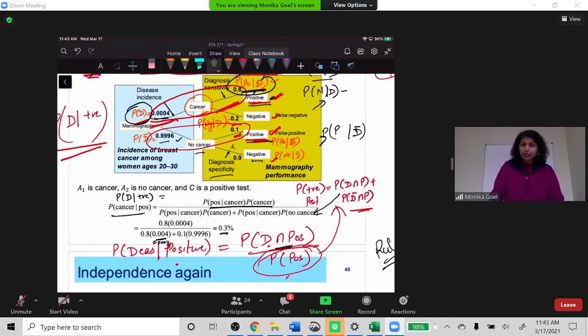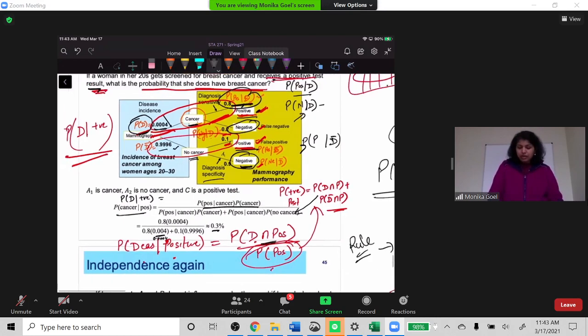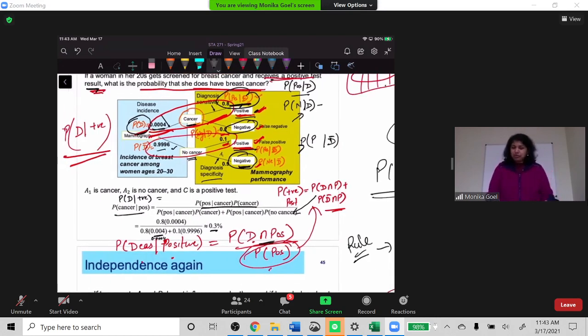Here and here. And same thing, the question can ask you, given that the test is negative, what is the probability that she does not have a disease or she has a disease? Then, given that the test is negative, we need to find this probability. And then what is given? Negative, but then what I'm looking for is whether she has a disease or does not have a disease. So that is Bayes rule. Questions? I hope this time it makes sense.